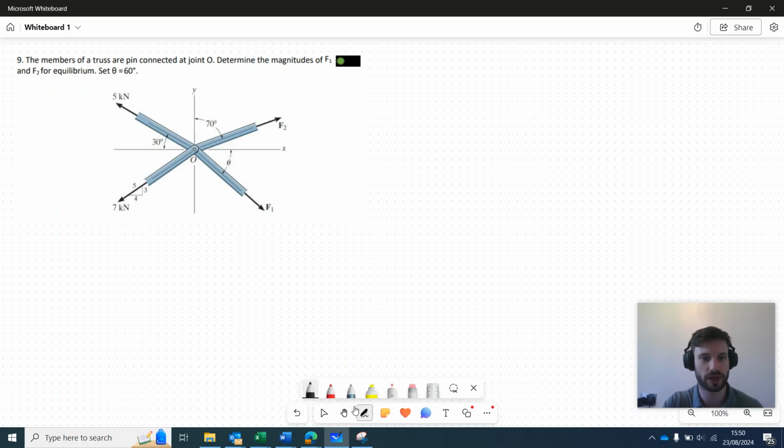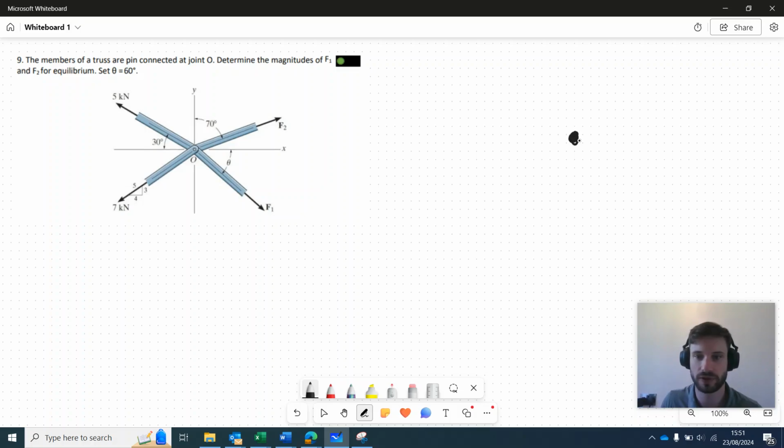We have this problem here, problem 9. It is a problem where the underlying concepts are quite simple, but the technique in solving it can actually get quite fluffy. Let's start though, as you would typically start with a problem like this, by drawing a